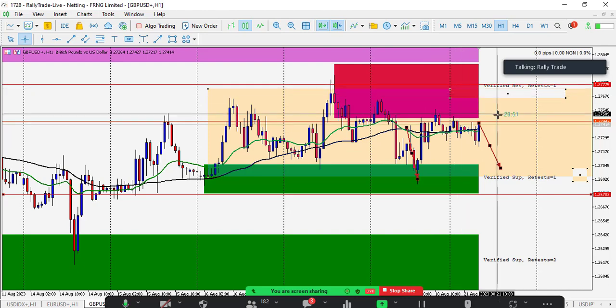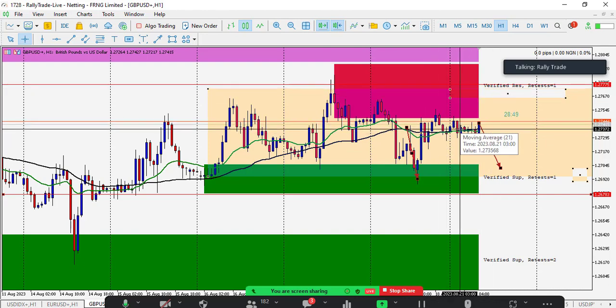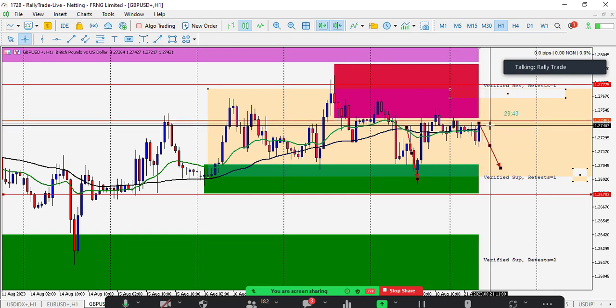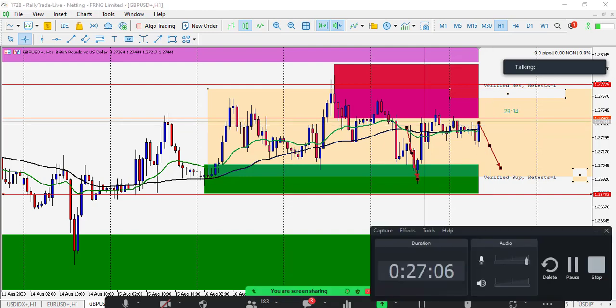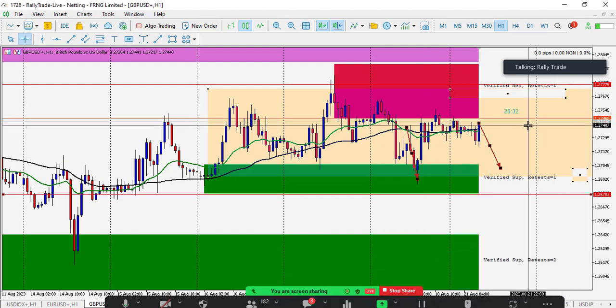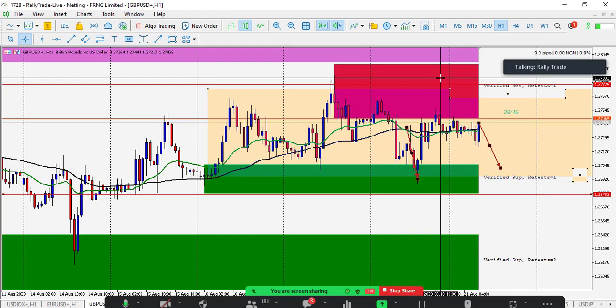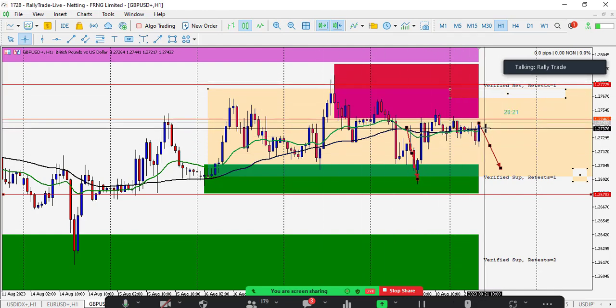But guess what? Sometimes the price may just stall at the middle of the range. So the middle of the range should be your take profit one. 1.27403, that will be your take profit. Now for the sell, you want to sell here, same thing, your stop loss just above this recent high, and of course your take profit at the middle of the range also.